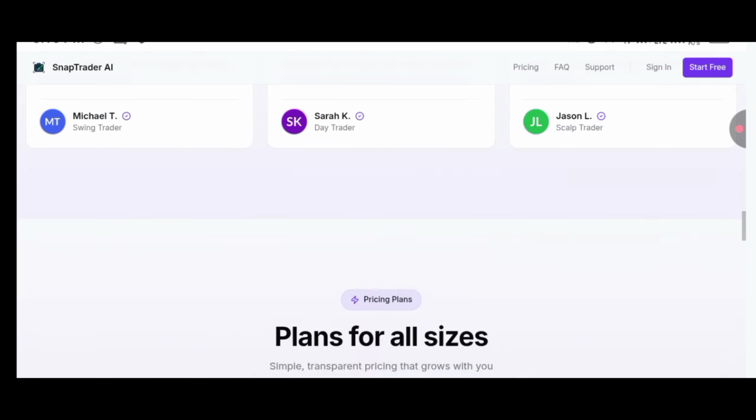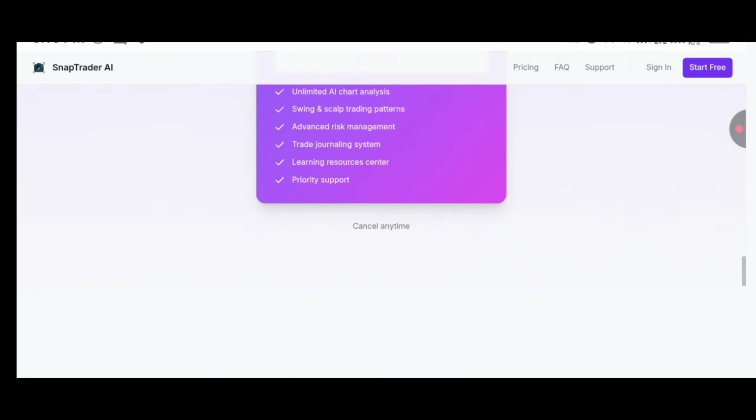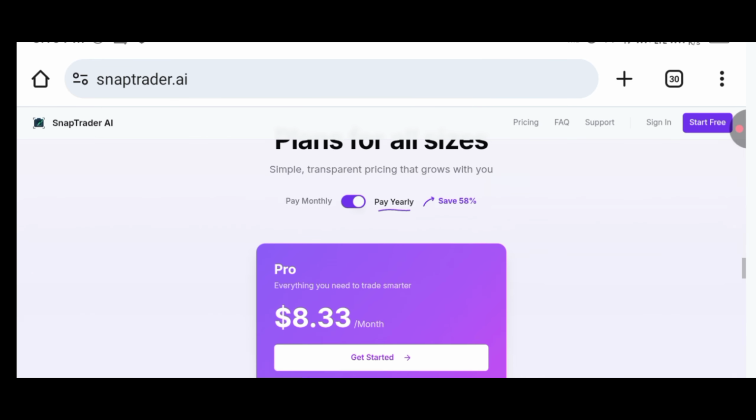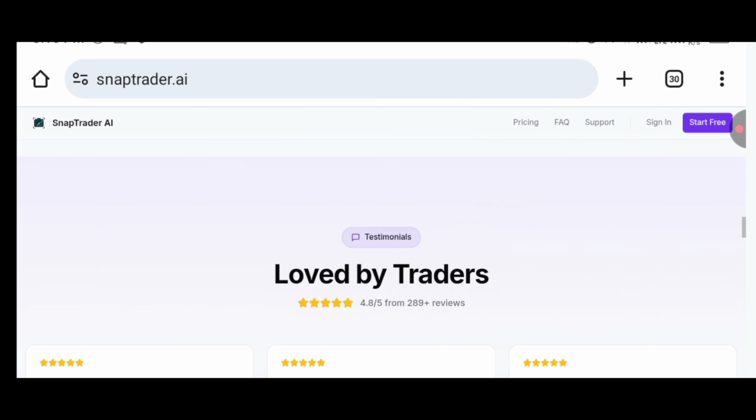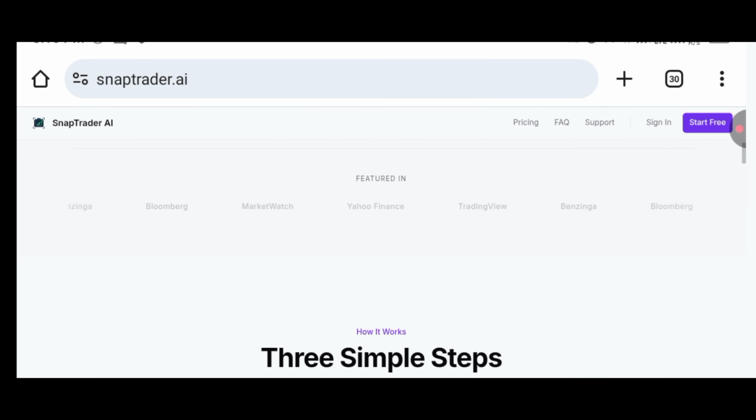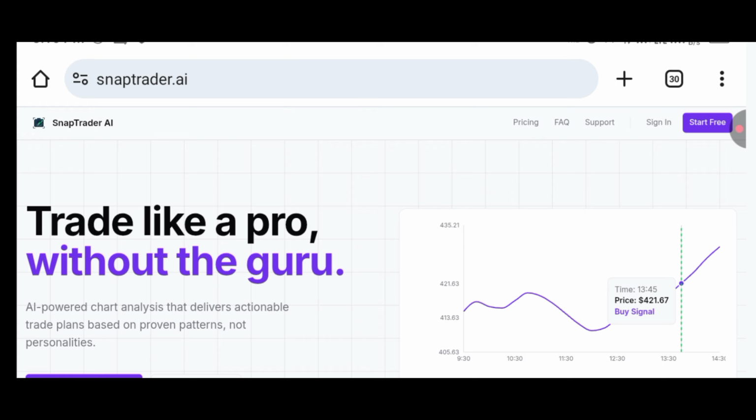Pro tip: don't trade based only on AI signals. Treat SnapTrader AI as a research assistant, then use your own analysis before placing real trades. That's it. Now you've seen a full SnapTrader AI setup and